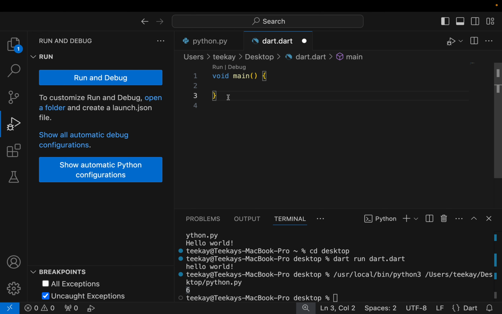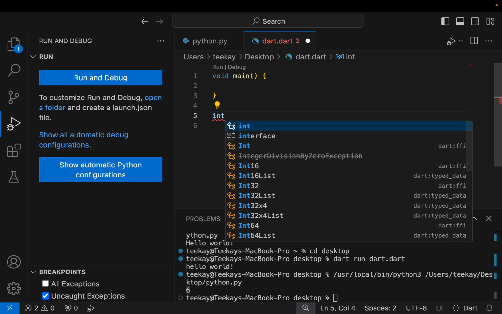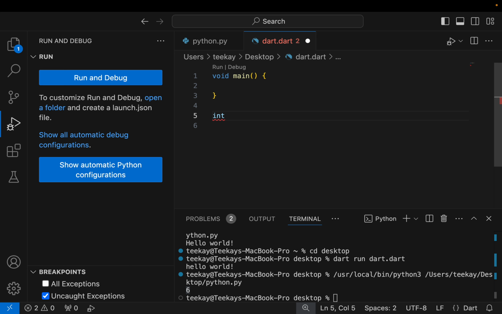What we can do is write our function outside. So we can say int, because we have to specify the return value. For Python, it doesn't matter. Python will figure out the return value. But when it's that, you have to tell us what the return value is, which is int, because you're adding